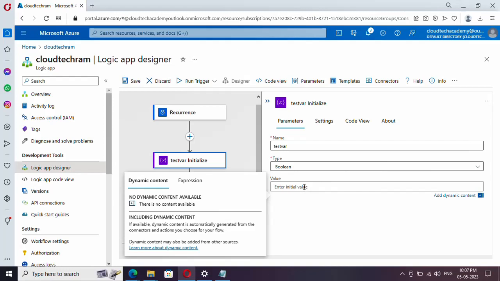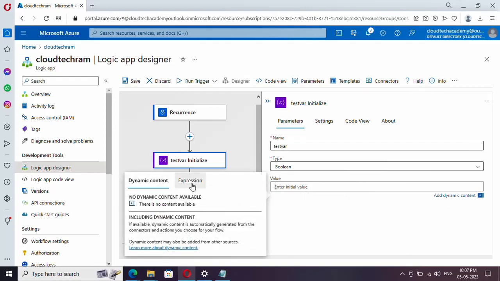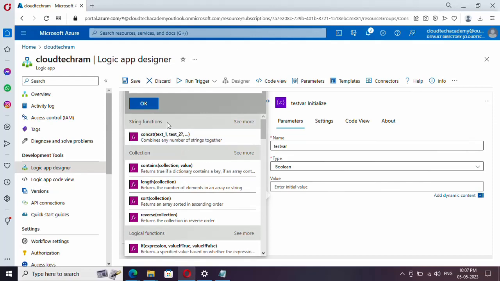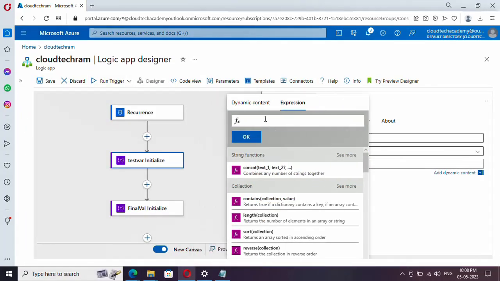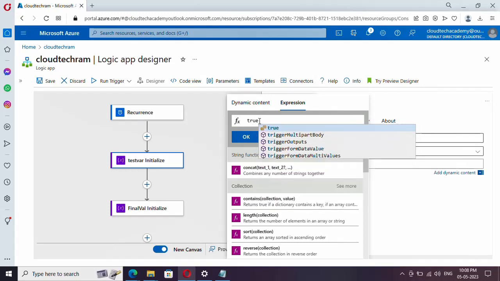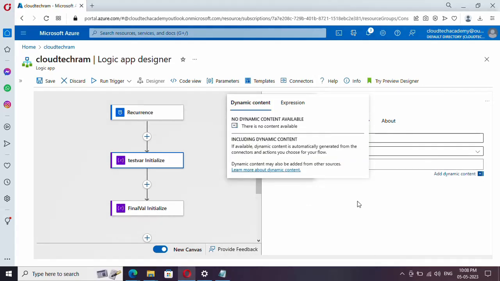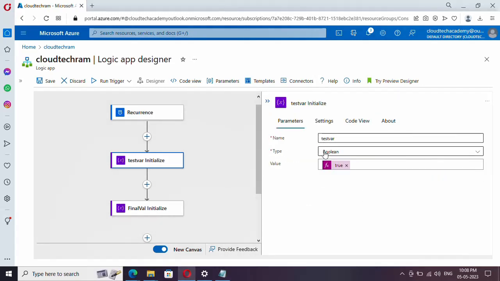And if you want to specify something, just click on add dynamic content, which will open up here, and go to expression. I couldn't see the items over here, so let me move this panel. Yeah, now I'm able to see. Here just search for true. Simple. Just click on OK, and let me click somewhere outside. So for this Boolean, the initial value is true,